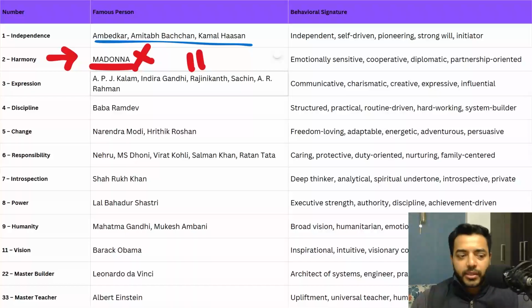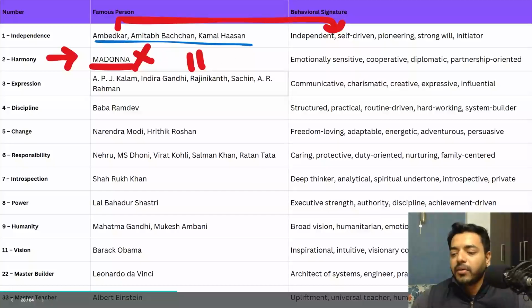So the way we are going to use this list is we are going to relate each life path number to one famous person, and from there we will remember the characteristics of that person as, let's say, Amitabh Bachchan was independent, he was self-driven, was pioneering, he was strong-willed, and he was an initiator, right? Life path number 2, I have not been able to find anyone with a life path number 2, because